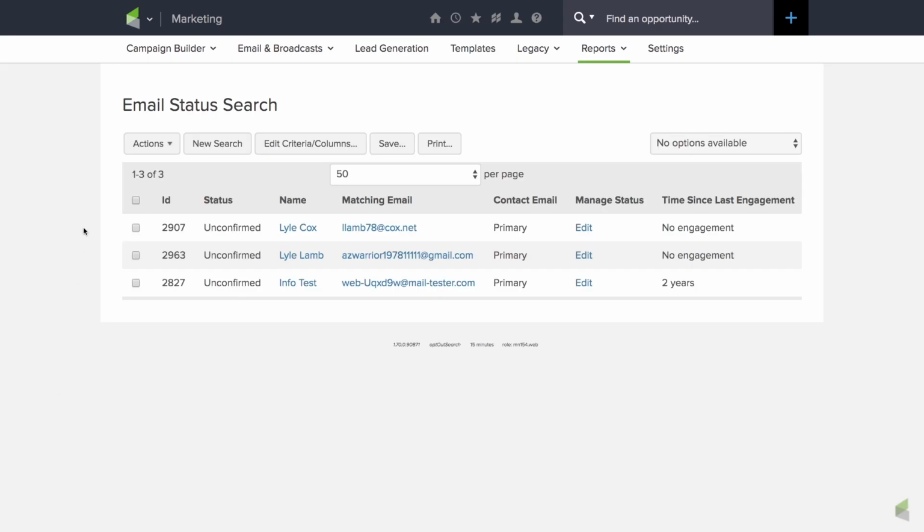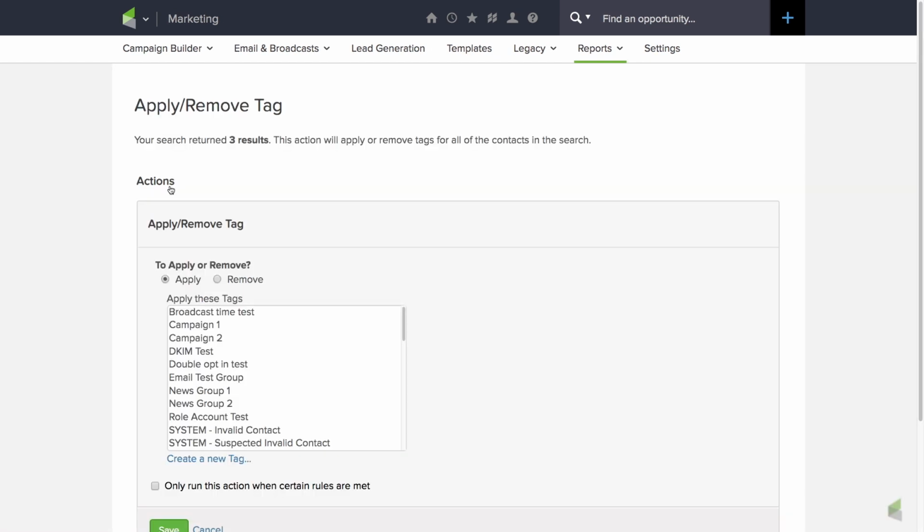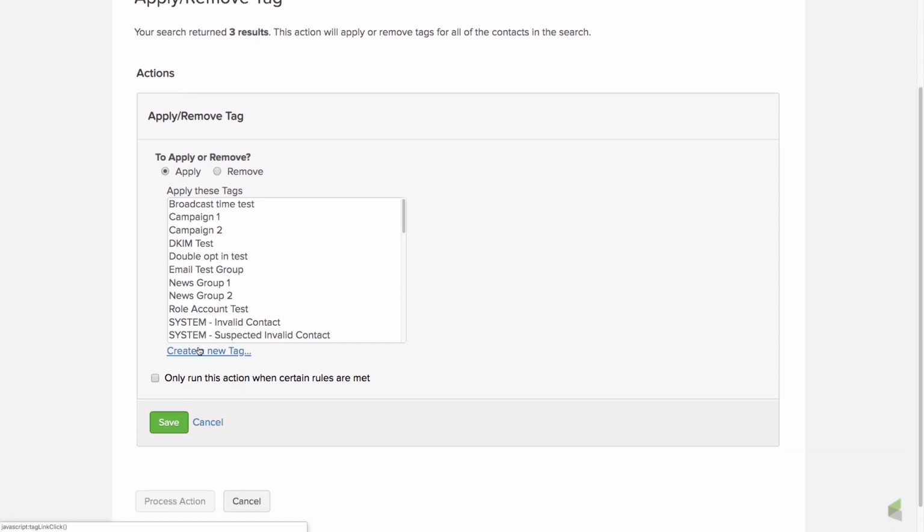So with the results of this search, we're going to come in here, select them all, Actions, Apply Remove Tag. Now you want to make sure that the radio button for Apply is applied. So it is here. Now we'll come down to Create a New Tag,